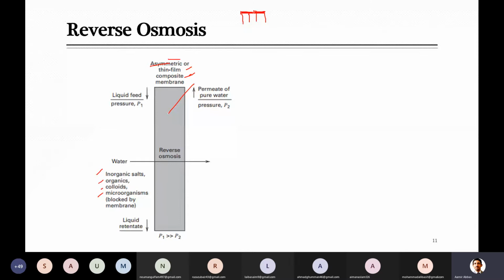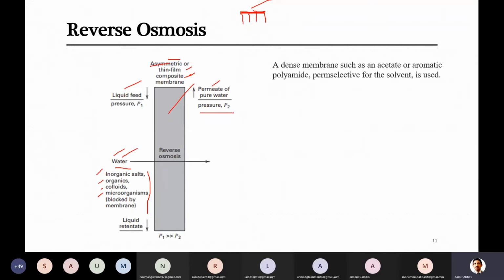In the support we select a membrane which has a high pore size, because the purpose here is just to support, not to go for separation. Separation takes place in the top layer. So here the liquid feed is the water containing pure water along with all the suspended or dissolved stuff, and you are passing it through the reverse osmosis system. What does this mean? We want to push the water through this membrane against nature. When we push the water, on the other side, the permeate side, you will get pure water.